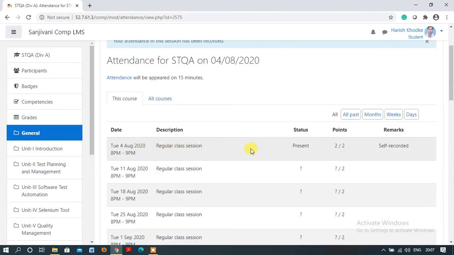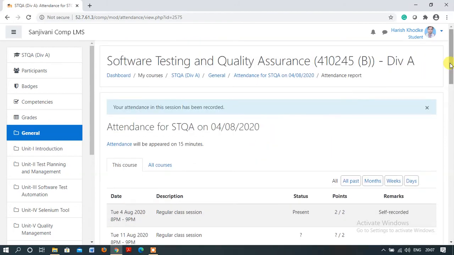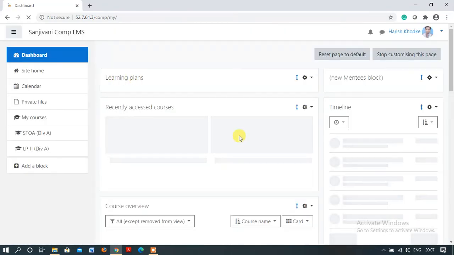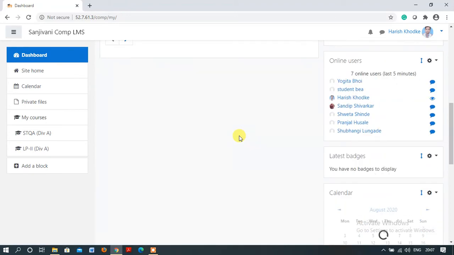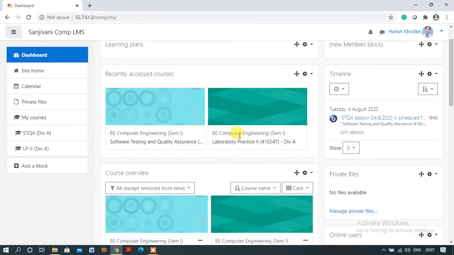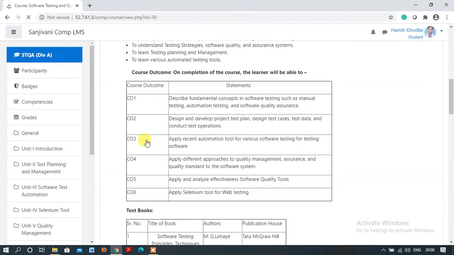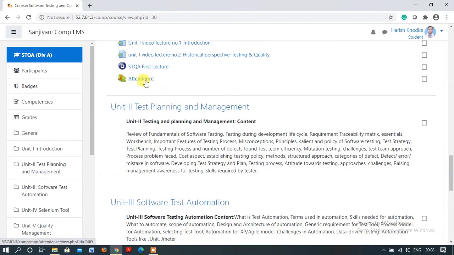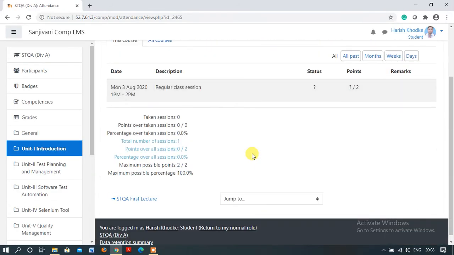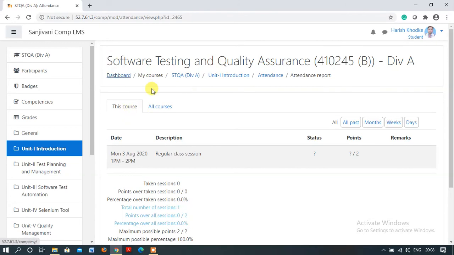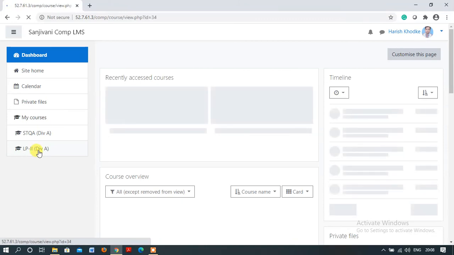This way you can see my regular attendance here. I hope you understood everything about attendance. Today I conducted one session for the B student, so how the report is generated, that I am also going to demonstrate. Just see how we view the report and how it is generated. This is my attendance of today's session. I am clicking here. Today I conducted a practical session actually, so I am going to show the practical session attendance.